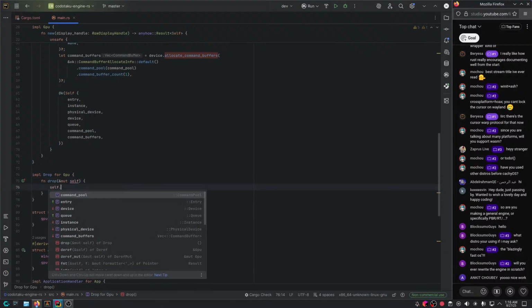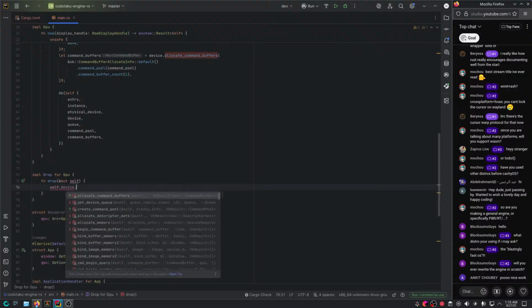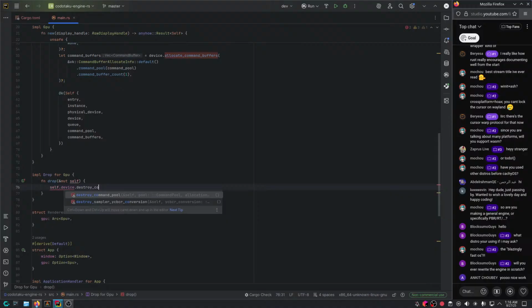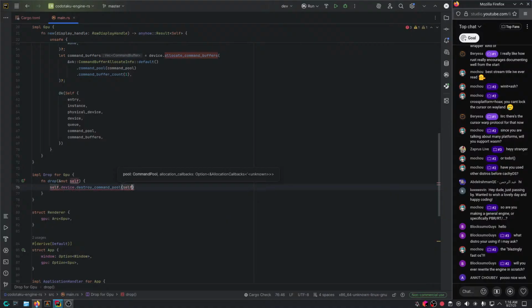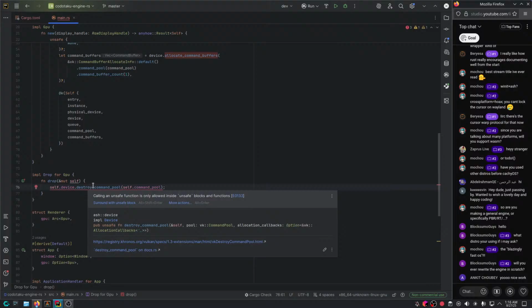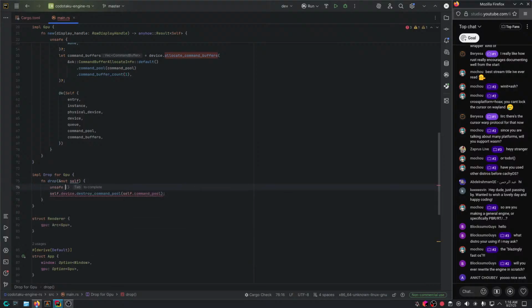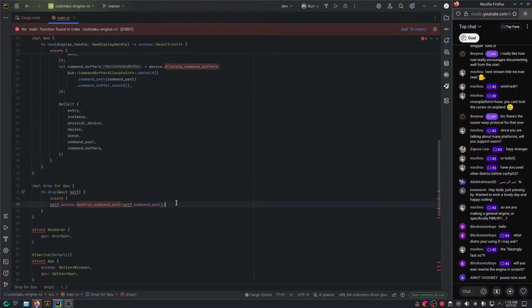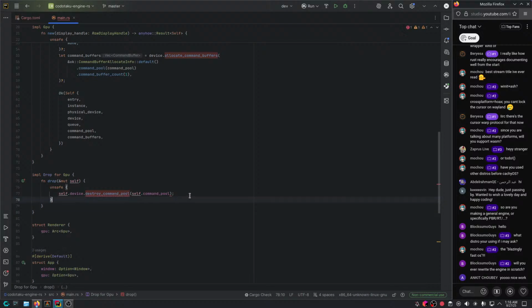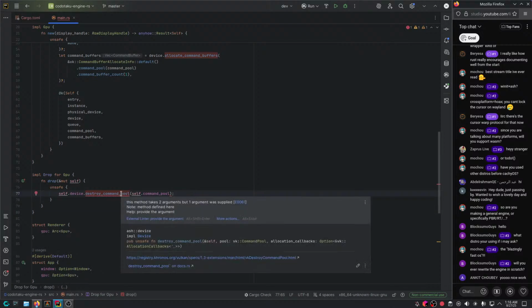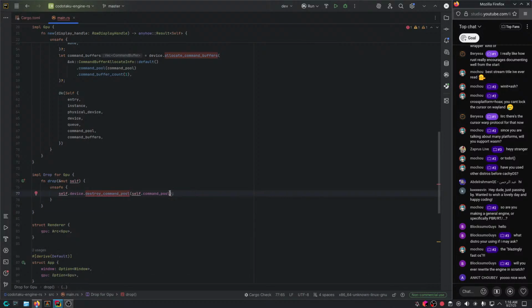So implement Drop for GPU, fn drop, and we're gonna destroy this stuff. So like self.device.destroy_command_pool, self.command_pool. Is this unsafe? Yep, it is unsafe. So let's wrap all this stuff in an unsafe block. And what's up? Yeah, the allocation callbacks, None.